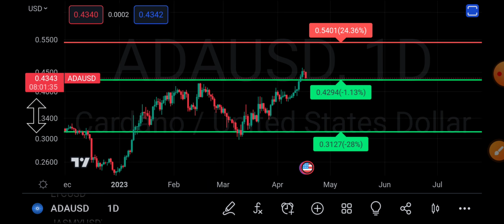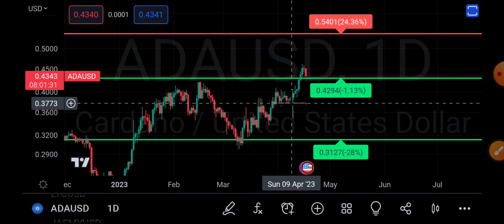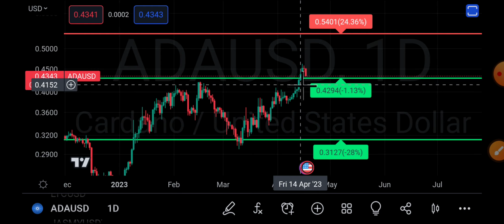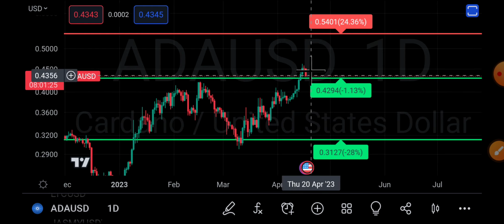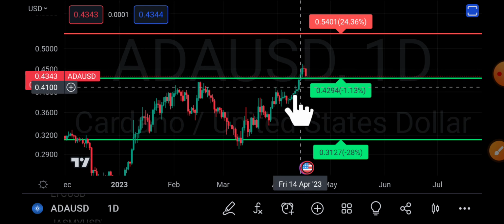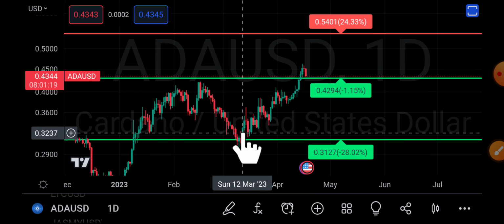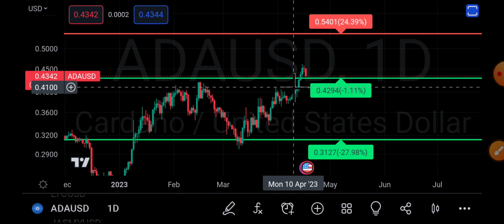And one of the things we have been looking at is that, as we could see, price has pushed up above the 0.42 level, and we are coming back to hit the support. As you can see, every single time price pushed above these resistance levels, we came back to test the support before we pushed to the upside. Currently, that is exactly what is happening in the price for Cardano.